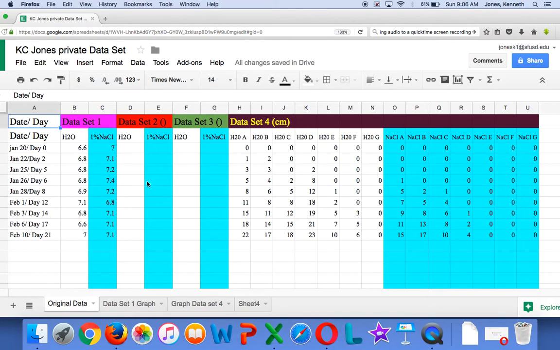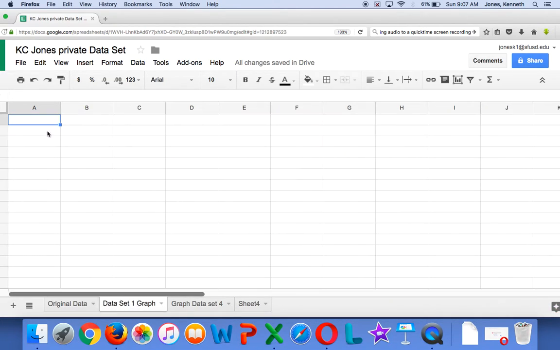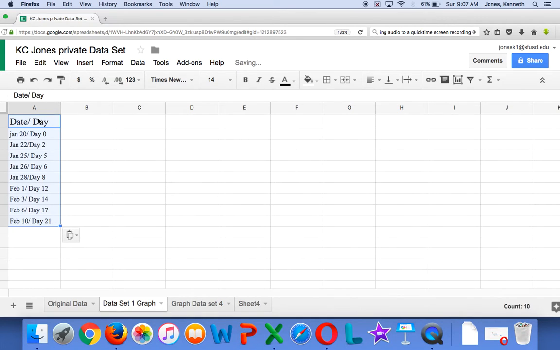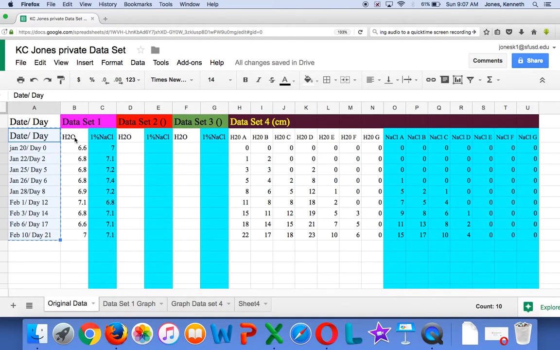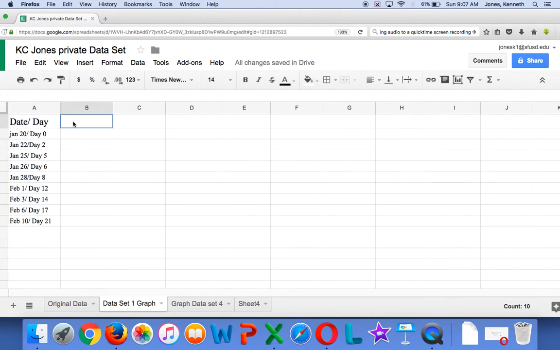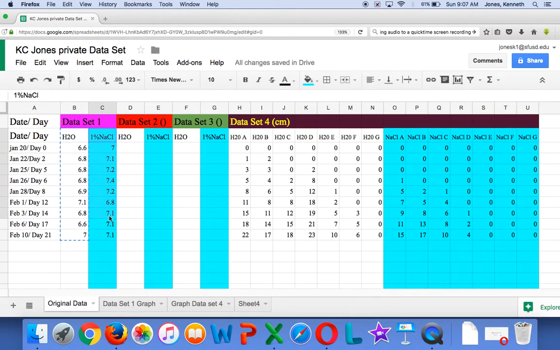So to make the first graph, it's quite simple. All you need to do is a bunch of copying and pasting. So first thing I'm going to do for all of these is copy the dates that I did each of the experiments. All I did here was I hit Control C to copy. And then to paste it, I do Control V. Go back. First data set I want to copy, Control C. Next data set I want to paste it. And then finally back to the original. Copy this